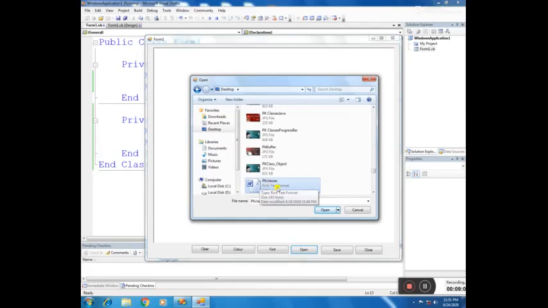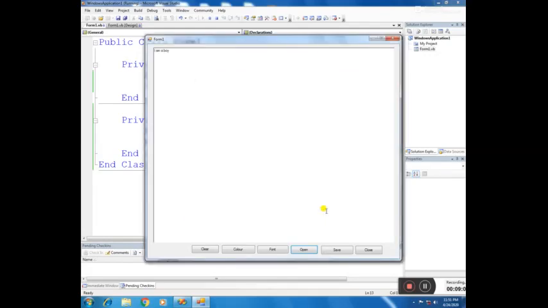This is the PK classes rich text format, and we will open it and look at this, "I am a boy". Now we have saved the file and we have opened the file. Now we will clear this text box, also change the font and the color, and close this form.